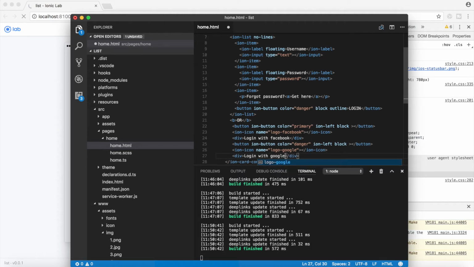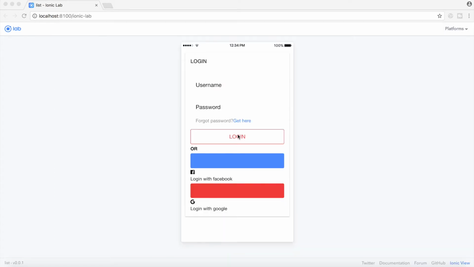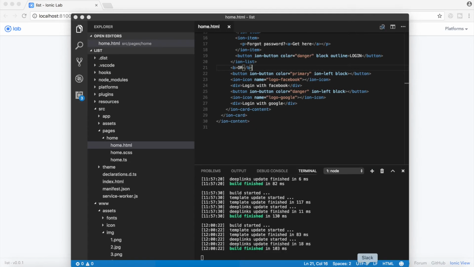That's great, right? Now let's go ahead and check how it looks. Okay, and the mistake is we should include the icon tag and the div tag inside the button tag. I think we are writing outside the button tag, so it's coming outside of the button. So to go ahead and fix that, we should